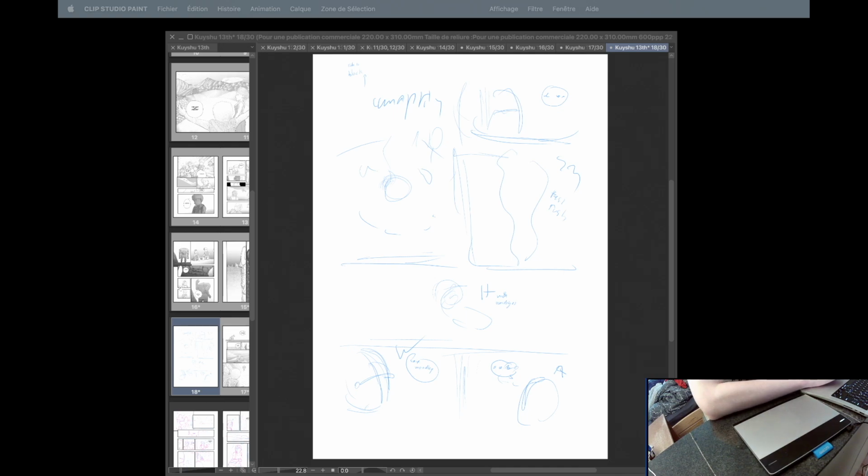So, today we are going to cover page 17 of my Manga chapter. As usual, for newcomers, I'll do a quick recap of what I'm doing and then we'll move on to